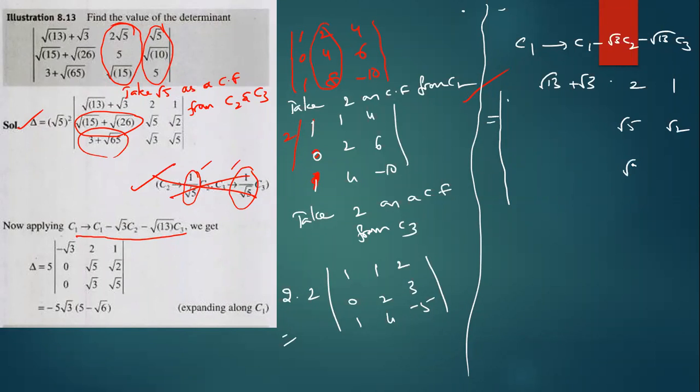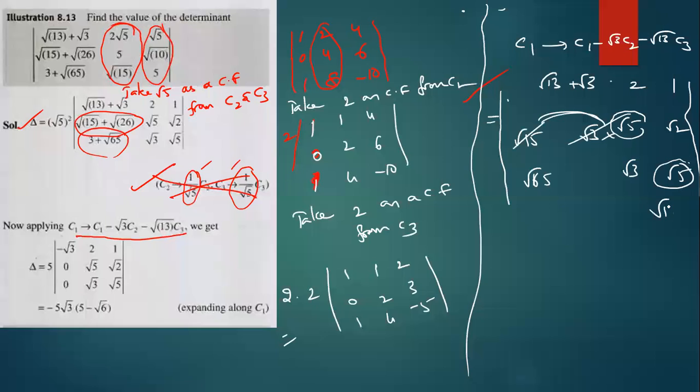I'm erasing, don't write anything. So, if I'm applying these cases, what result is coming? In this case, root 15 is there, so you should remove this one. How to remove? If I multiply this number with root 3 and subtract, both are cancelled, see? In this case, root 65 is there, so I multiply with root 13, and both are cancelled by subtracting. Plus root 26 is there. If I multiply this number by root 13, then both are cancelled, see?